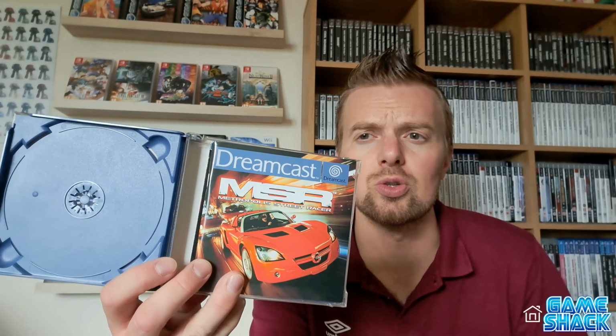And it's supposed to have, I think it's got it, the instruction manual as well. There is actually one tooth missing on the back of the case, but that's not too bad. In general, this case is actually very nice. The manual looks like it's never been taken out of the case, and it's actually still got all of the promo leaflets as well, although